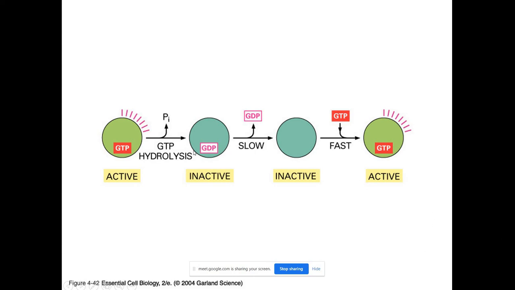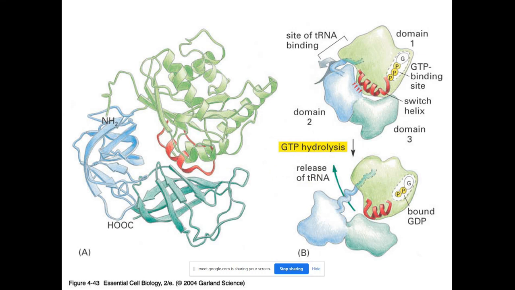You can see here the different steps: GTP is used, then the protein. This is an active form, then this is the inactive form, then this is the active form. So you can see how the active proteins are produced. These are the domain structures, different domains, and binding sites shown here. How the GTP binding occurs. This is the release of tRNA.